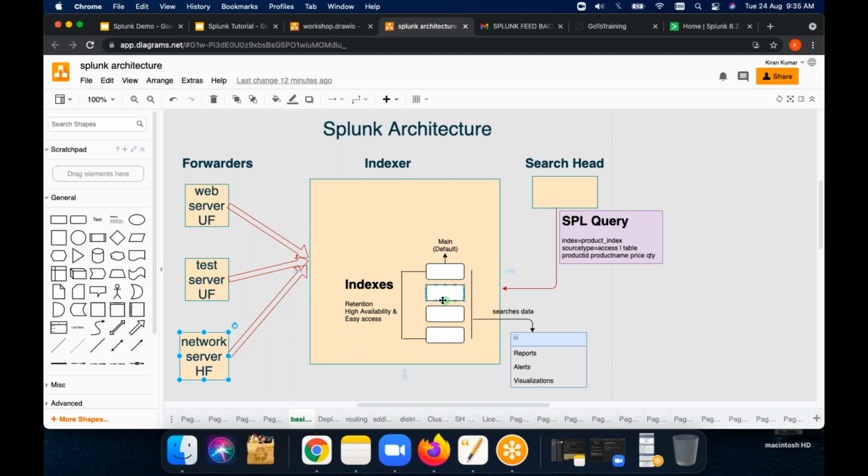After 3 months, we know that only in this particular index the web server data is there, then we can delete or we can archive only this particular index, right or wrong? Yes. Similarly, this test server data, if it is in a particular index, then we can have the retention period of a particular index and we can clear the data. Like that we can have retention periods. That is one thing.